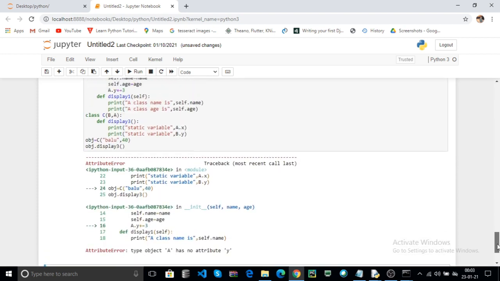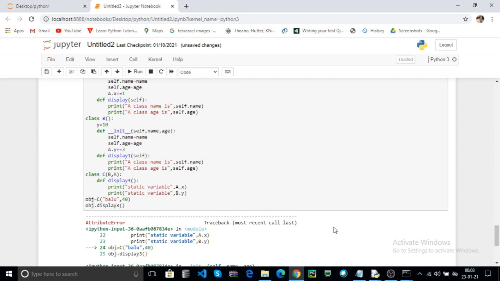Here A has no attribute Y. Now why is there an error? Here C is the child of class B and class A. You must pass the class A as the parent to your child B. Now click on the run.